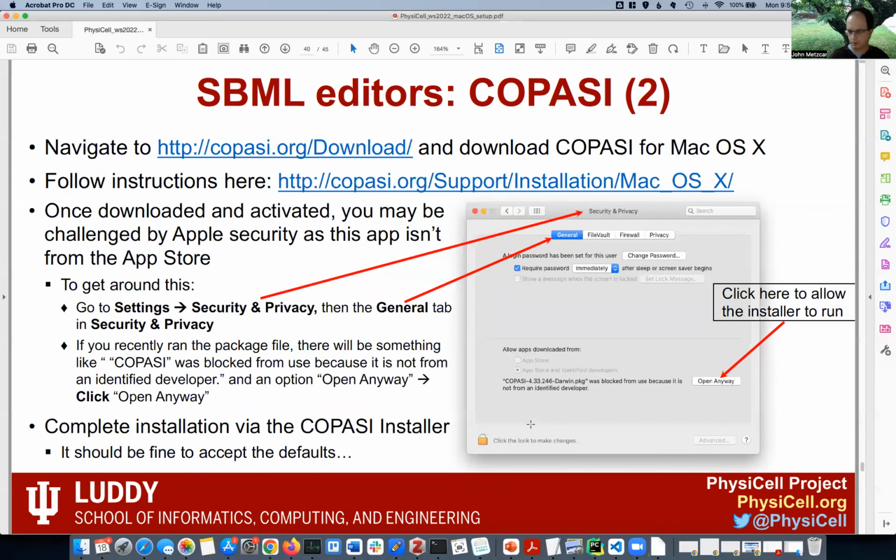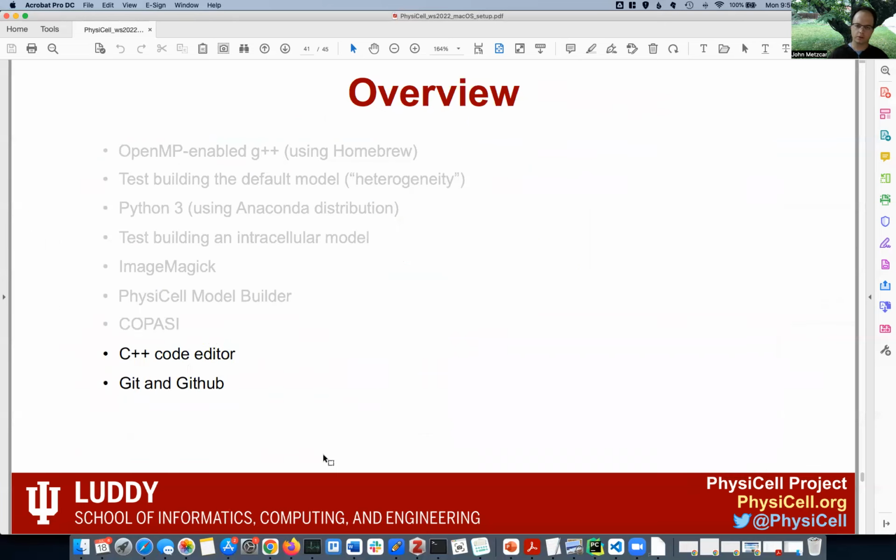So here I see clearly that it's the package that I just downloaded, and I'd click Open Anyway and allow the installer to run. And it's fine to accept the defaults. And then the final two items before we get into the support and acknowledgements are that